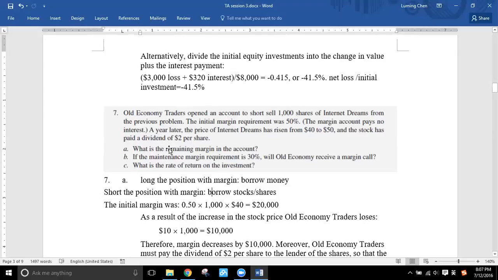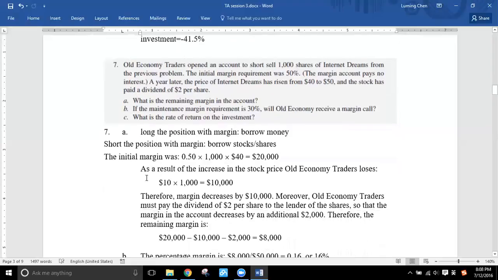To calculate the remaining margin, we need to first calculate the initial margin. So the initial margin was a 50% margin rate, and you short 1,000 shares at $40. So the initial margin should be $20,000. And the margin account pays no interest, so it's $20,000. As a result of the increase in the stock price,